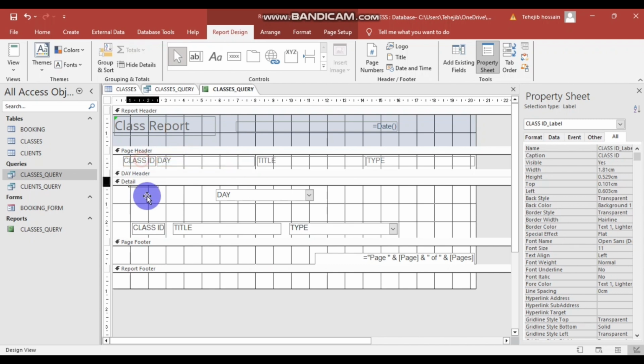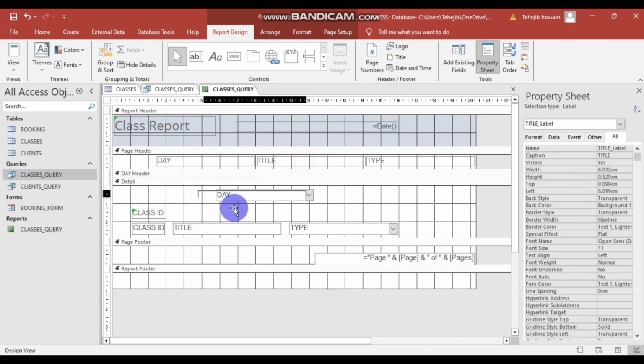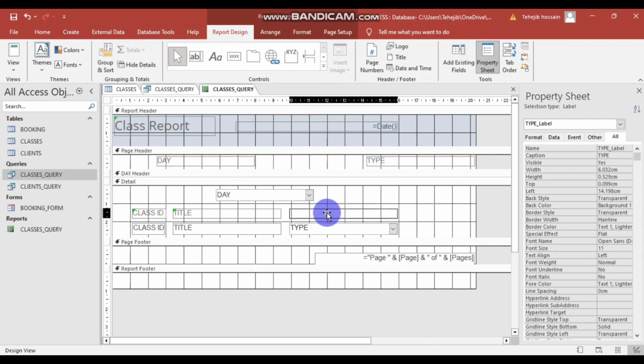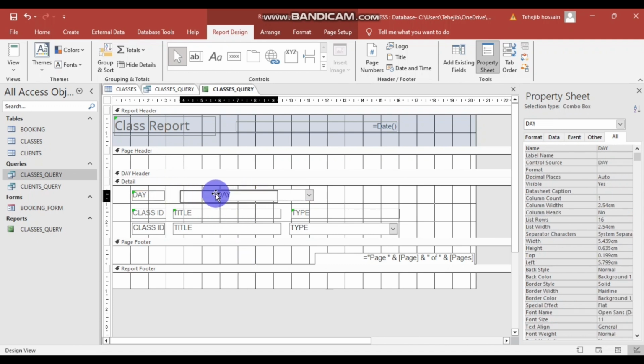Take the header. This is the class ID header. Just try to organize it with these things. Then I will take the title. Then I'll take the type header and take out the day. Make it a bit shorter. That's it. Then take your day to here,